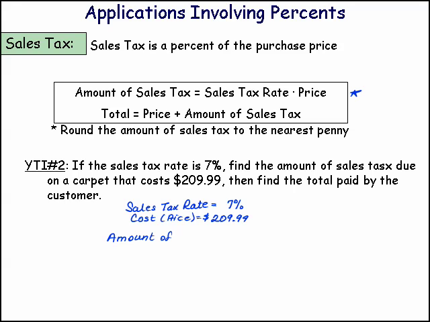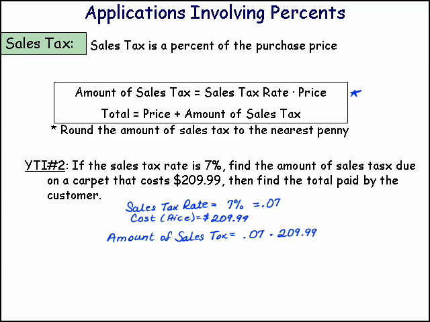Okay, so how do we figure out the amount of sales tax that we owe? Well, there is our equation, sales tax rate. What is this sales tax rate? Let's convert it into a decimal or into a fraction. You can convert it into a decimal, and that's fine because then we're just going to be multiplying decimal values together. It's 0.07. So our sales tax rate is 0.07 multiplied by the price, which is